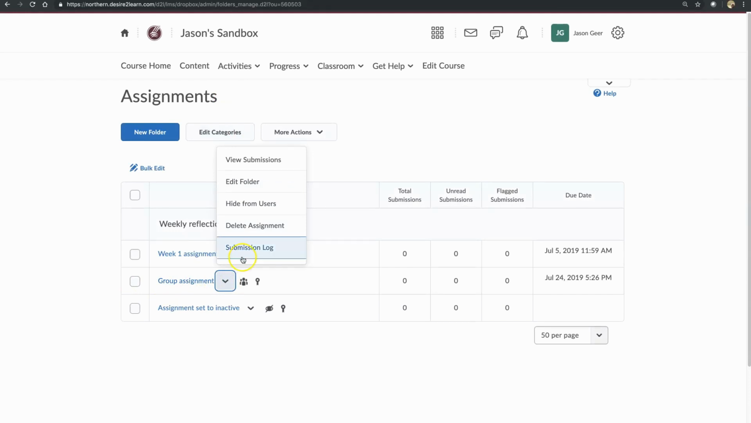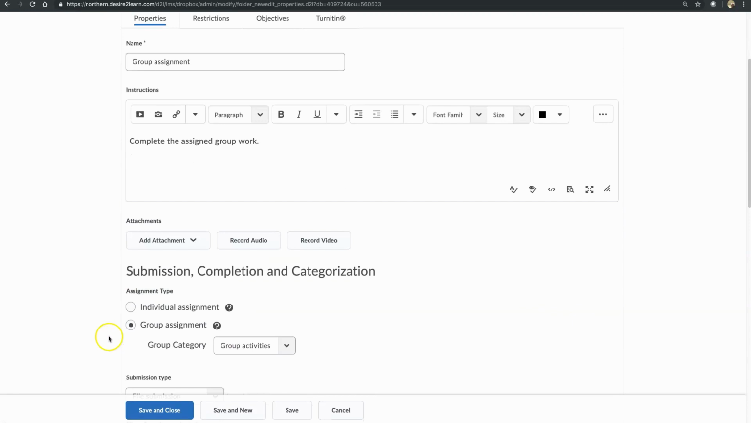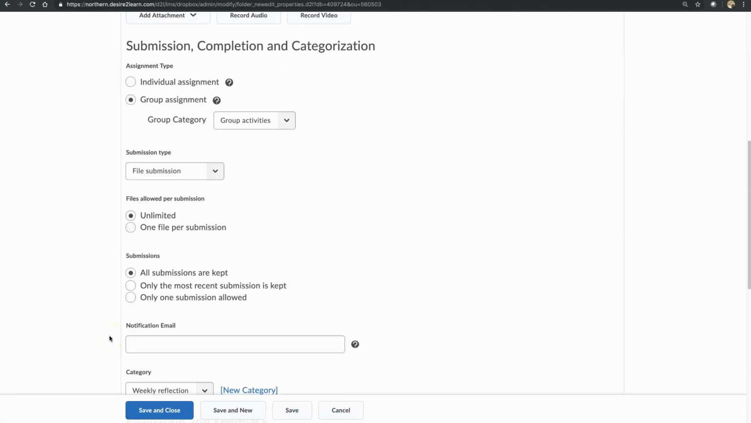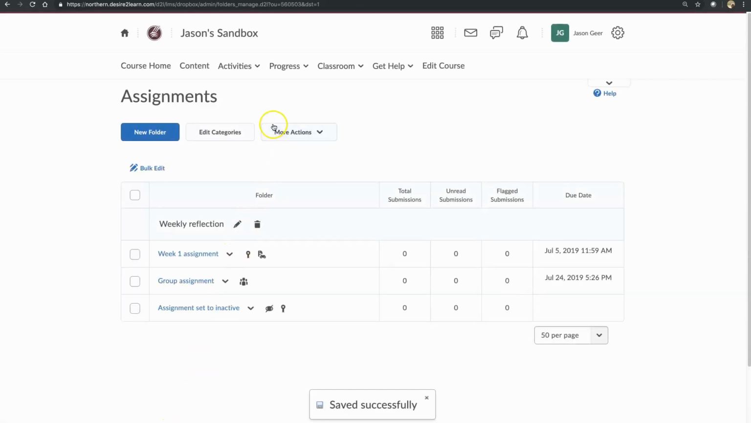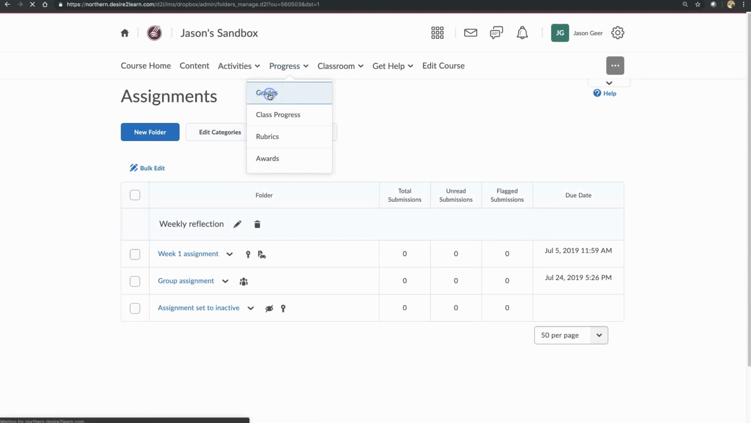Edit, and we are going to unassociate this grade item. Click None, save and close, and we go back over to the gradebook, Progress Grades,